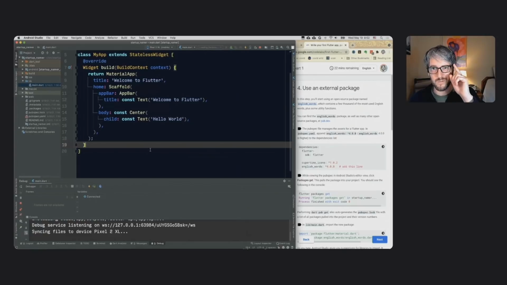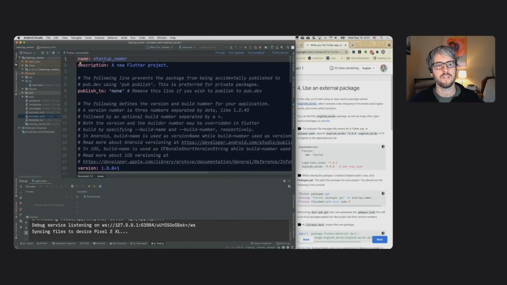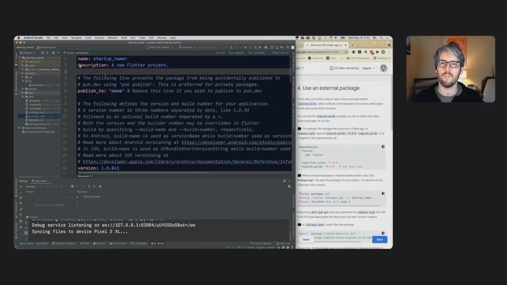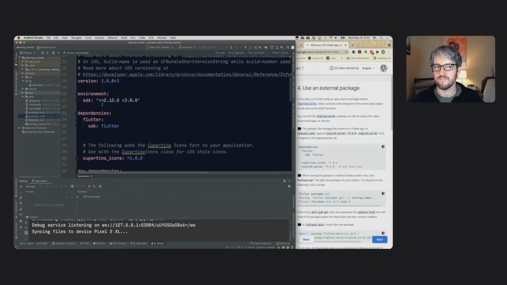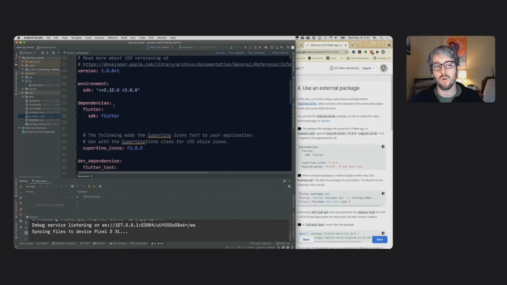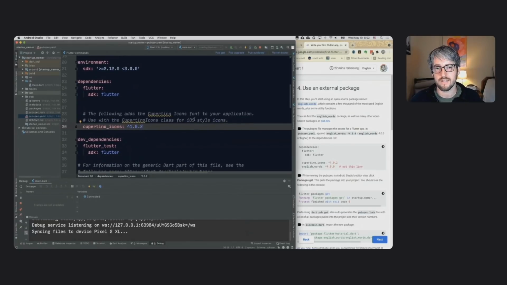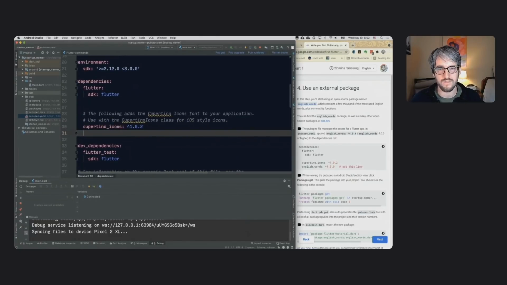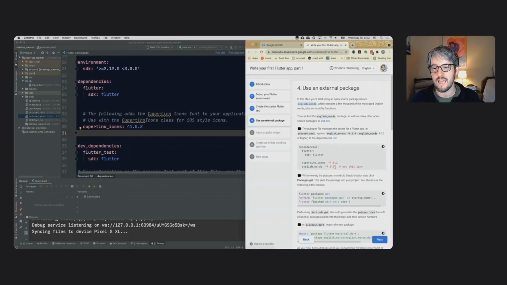And this is the only time when we are going to edit anything else than the main.dart file. And it's going to be the pubspec.yaml file. If you open the pubspec.yaml file, which is in the root of the project, then you'll see that it's kind of this declaration of what this app is. It has the name in it, it has the description and the version and so on. And it also has dependencies. And we already have a dependency on basically iOS style icons in case we want to use them. And all we need to do is add this new line, English Words, and